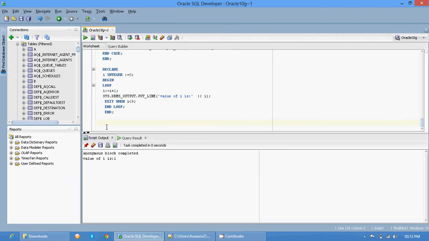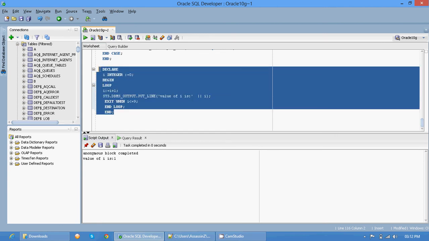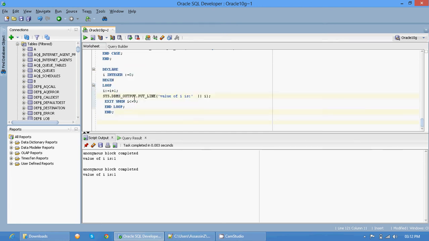If I put less than or equal to 9, then it will go on. Okay, the same way, if I put greater than 9, it will display up to 10. Okay, next we pass on to